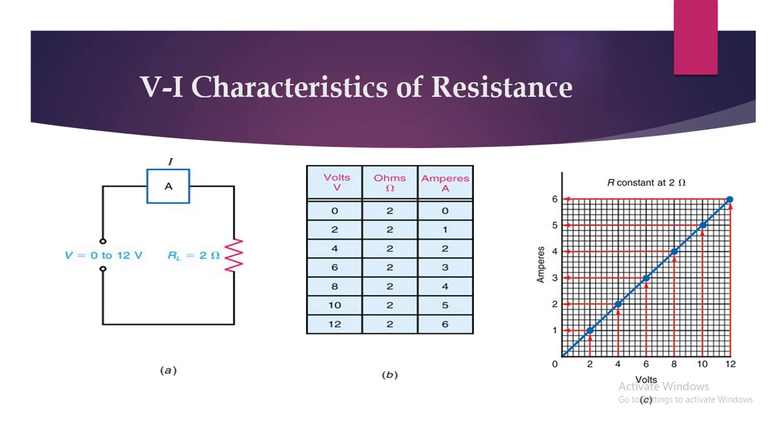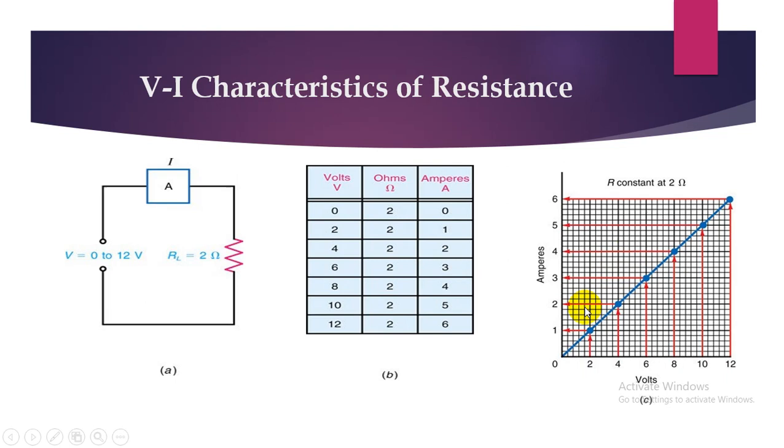When you apply 2 volt, we are getting 1 amp current. Based on Ohm's law, we are calculating these values, that is, I is equal to V upon R. Let us see this. When we apply 8 volt of potential difference across the circuit, it will produce 4 amp current in the circuit. When we calculate 8 upon 2, we are getting 4 amp. Like that, we are getting different points.